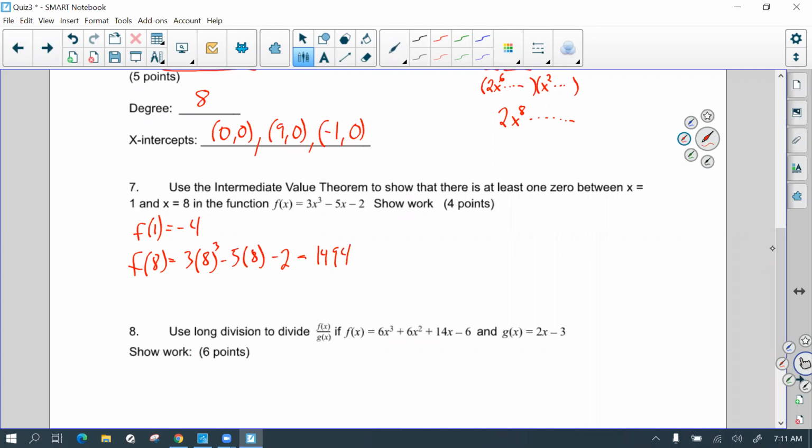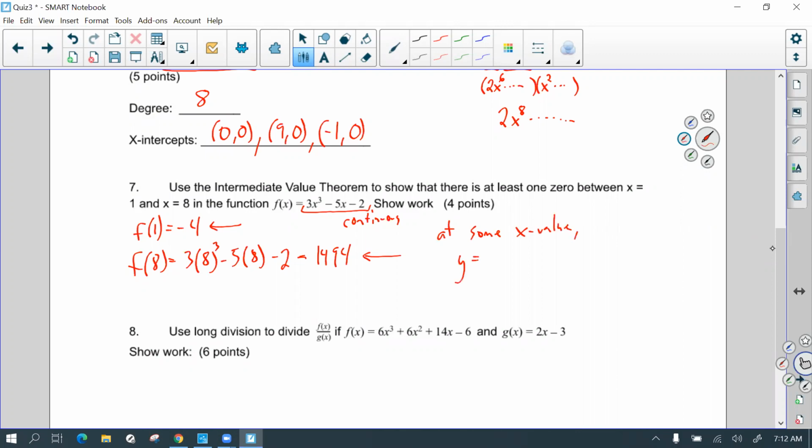So the intermediate value theorem is saying that, first of all, polynomials are continuous. That means you can draw the whole thing without lifting up your pencil. And when x is 1, the y value is at -4. When x is 8, the y value is positive 1,494. So the only way to get from a negative number to a positive number, at some x value,